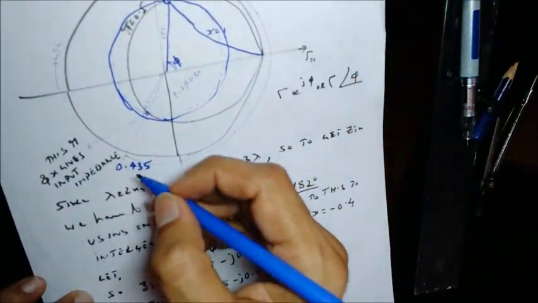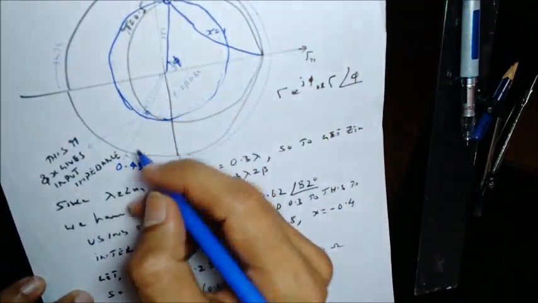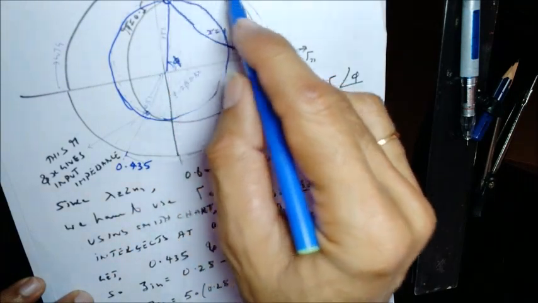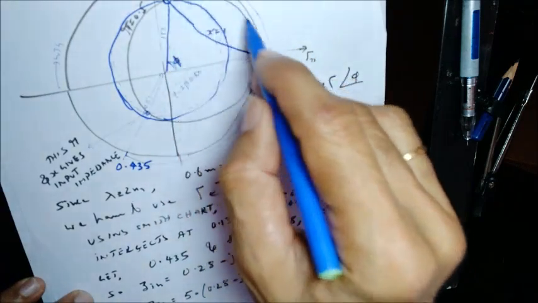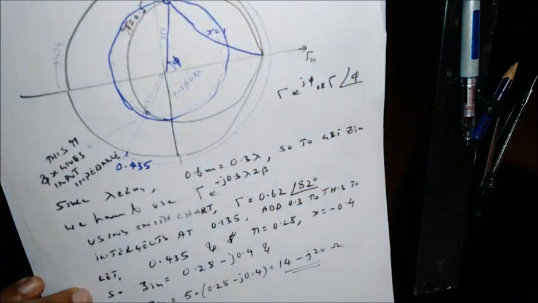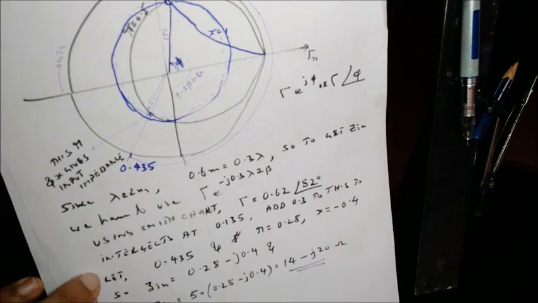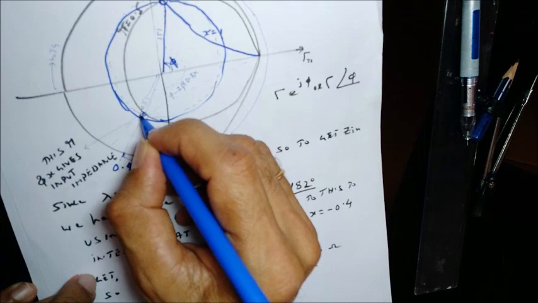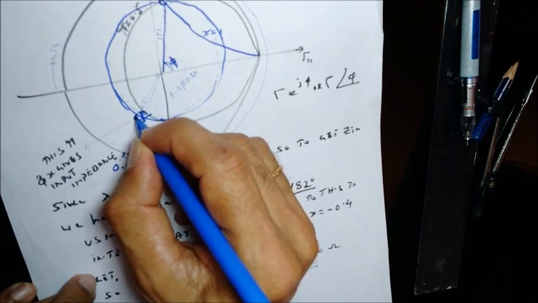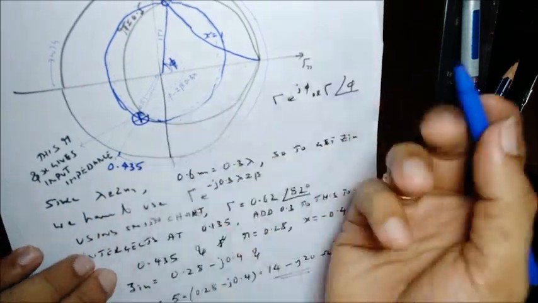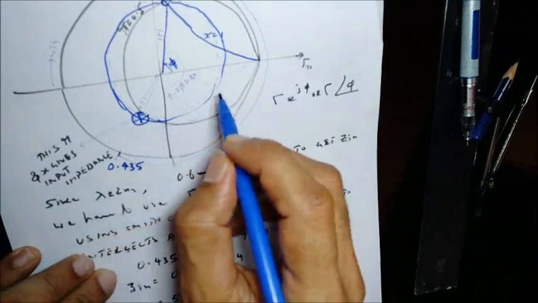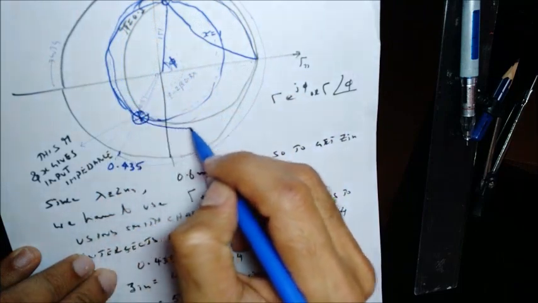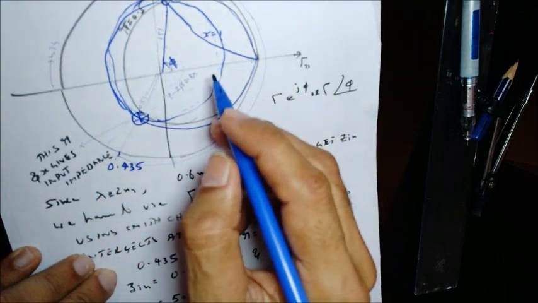So magnitude remains the same, and since you have moved 0.3 lambda, 0.135 plus 0.3, you reach here. Now you have to find out what is the r and x corresponding to this point. There will be some r corresponding to this point. I cannot show it exactly here. We will see it on the actual Smith chart. There will be some r corresponding to this, and there will be some x.